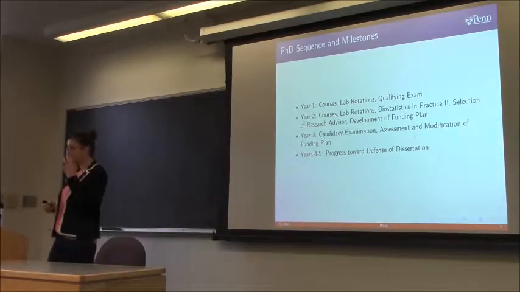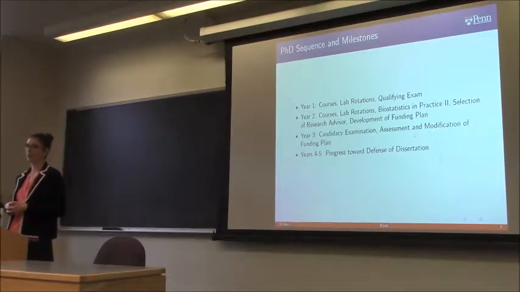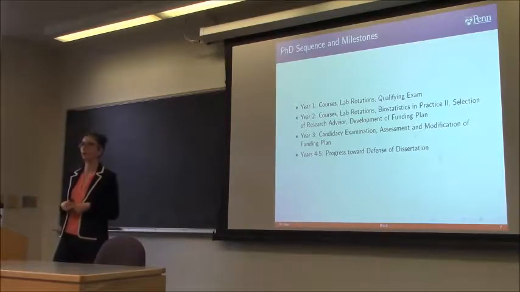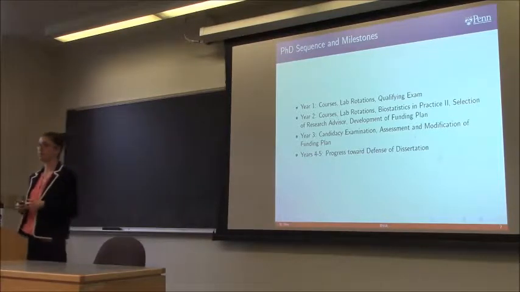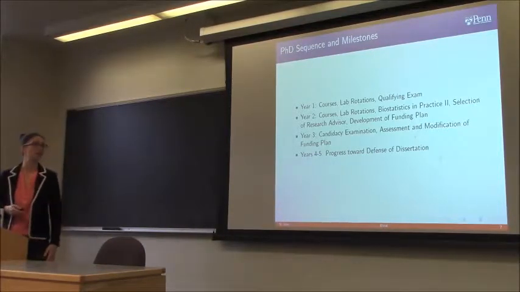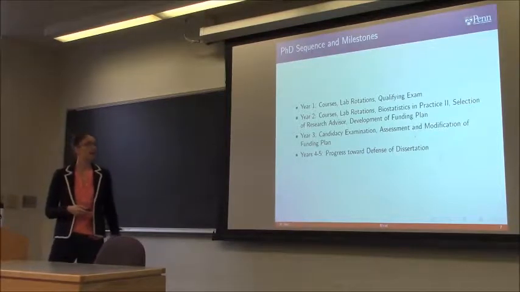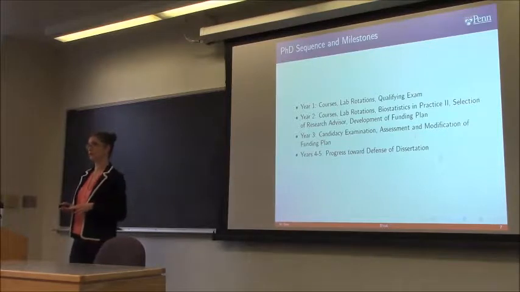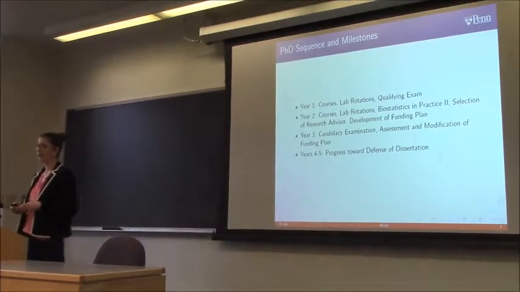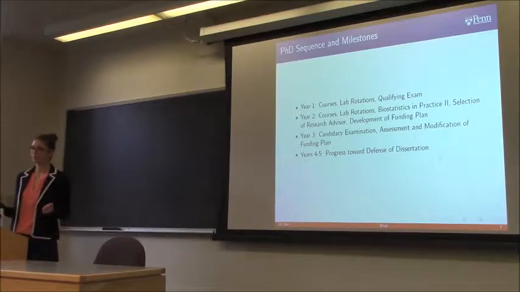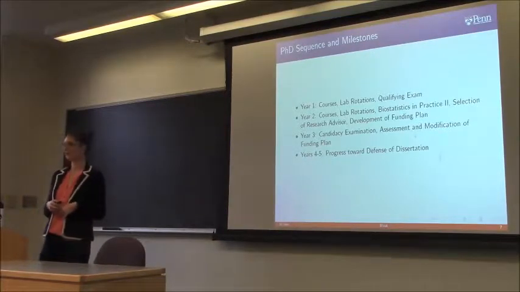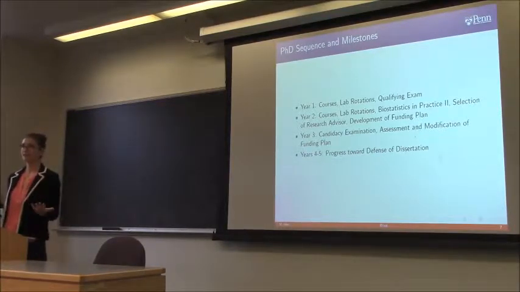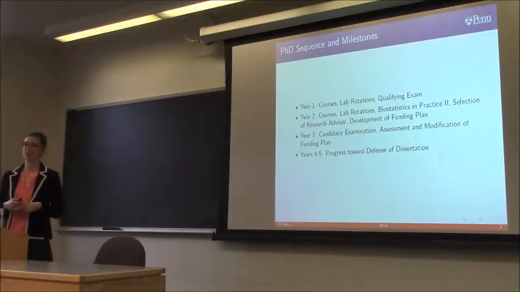Usually that is purely based on who you're working with. They'll usually fund you through your dissertation, but sometimes that might require writing a grant to the NIH, for instance, to get a graduate grant. And then in the third year, you'll do your candidacy exam, which is basically presenting your proposed dissertation topics to your committee. And hopefully they say, yes, if you do this, we'll give you a PhD. And then you can actually continue on into your research. And then basically after you do that, all that's left for you to do is to actually write your dissertation.